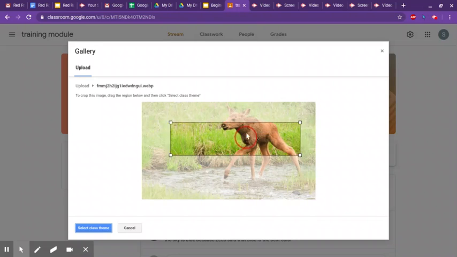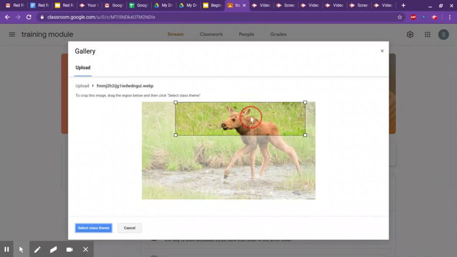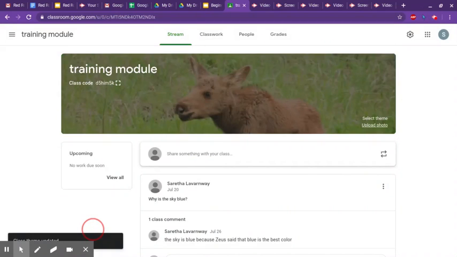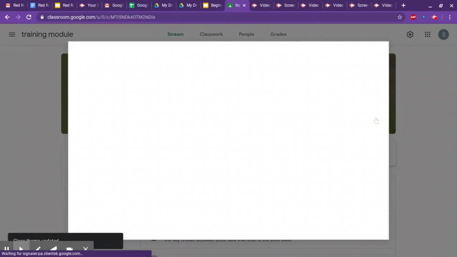Notice that the box within a box here is what you will see on your Google Classroom page, so make sure you get what you want. In the bottom left corner, you select the class theme and it changes your picture. Notice that it is a little dark, so I don't always like to use these. I prefer to just change the theme. Again, in the right-hand corner, select theme,